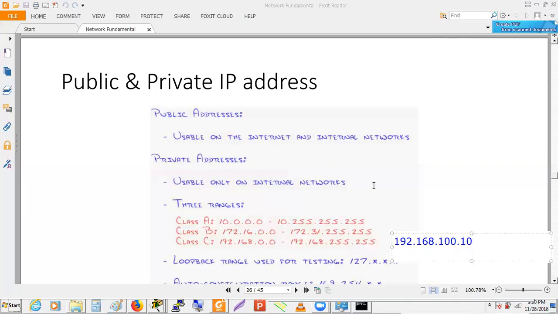Okay, and this 172.16.0.0 range is also a little tricky. Suppose I give an address like this, 172.16.10.10. Will it be a public address or a private address? It will be a private address. But if I take an address like this,